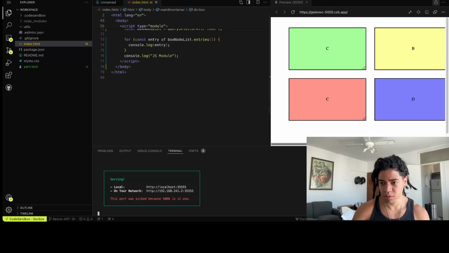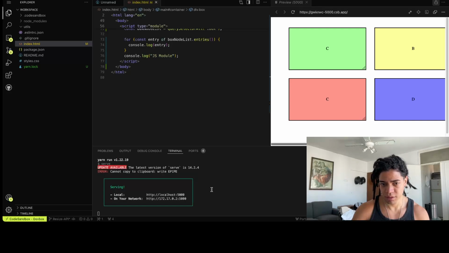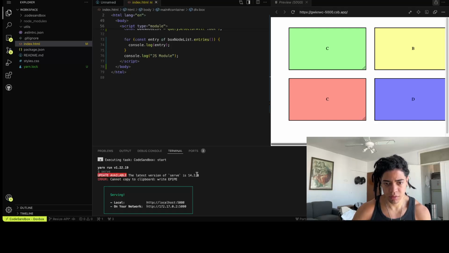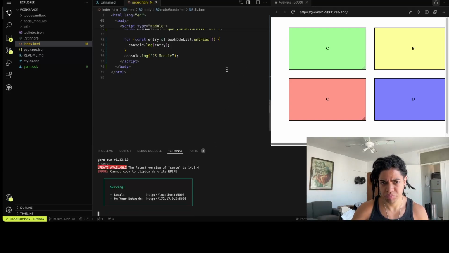Good. The port is already being used. Makes sense. But I'm not able to see those changes here, the console log, because this is from the server. Makes sense. But what if I want to check the